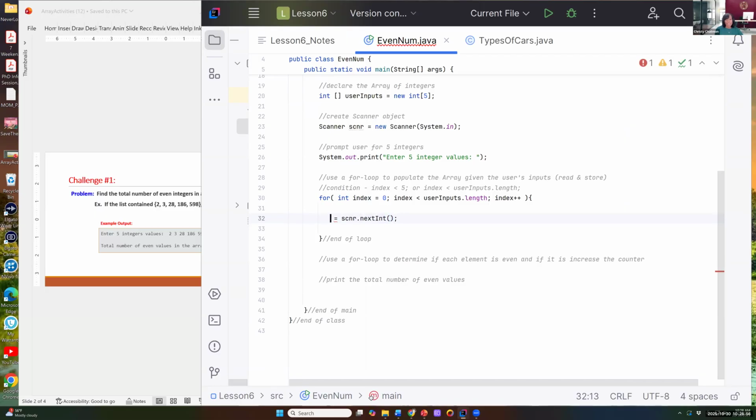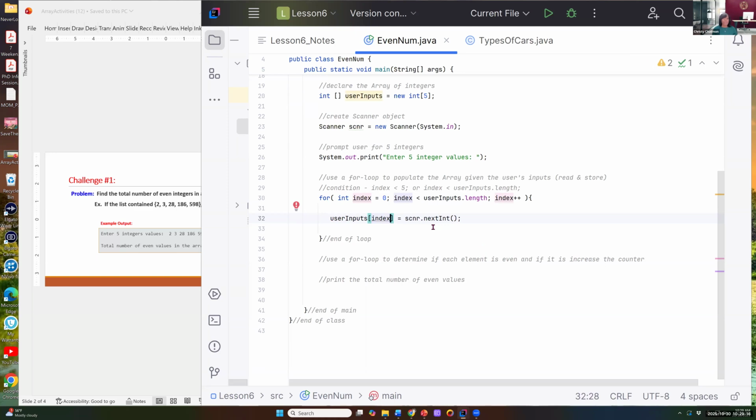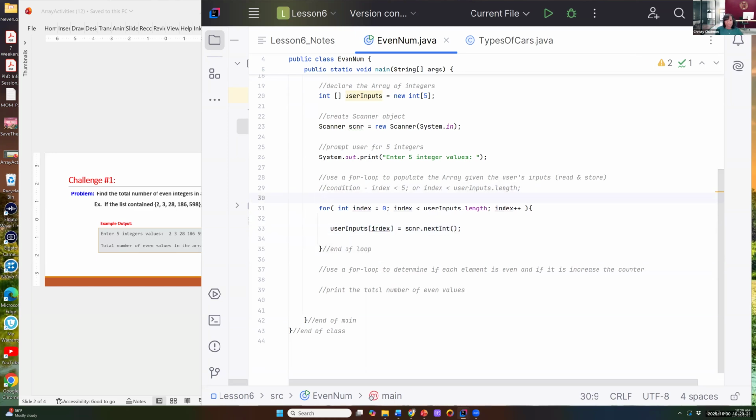Now let's write the left-hand side. You may not be as comfortable yet with the left-hand side. How do we put each value that we retrieve from the keyboard in a specific position in the array? We say the following. We say userInputs at, and whatever the current index we're on. Please make note of this. I'm going to put a little comment right here. How do we reference, or how do we